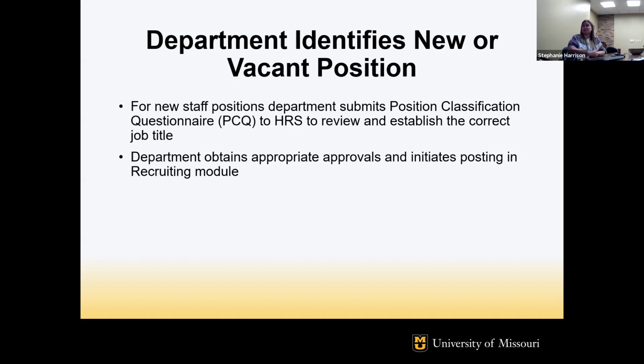If the position has been frozen for, I think we decided over a year, then you would need to go ahead and go through that PCQ process, especially with all of the changes over the last year with COVID and everything. Then they are wanting to review those positions prior to them just being unfrozen. So